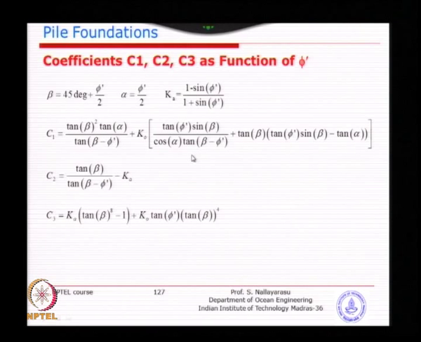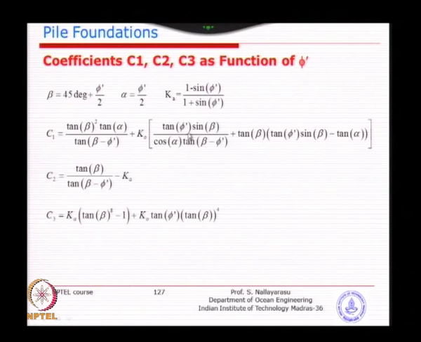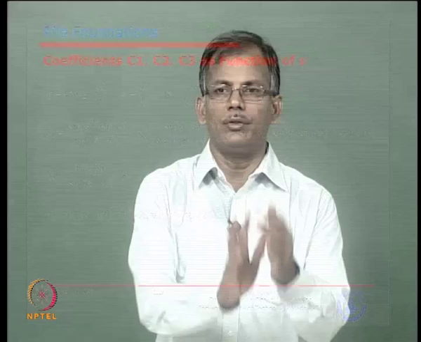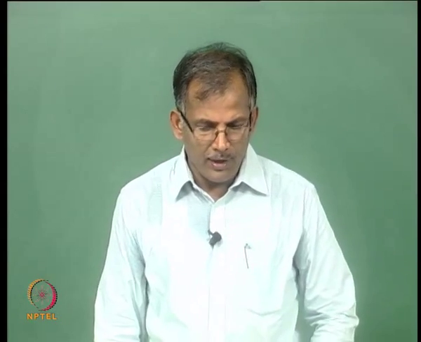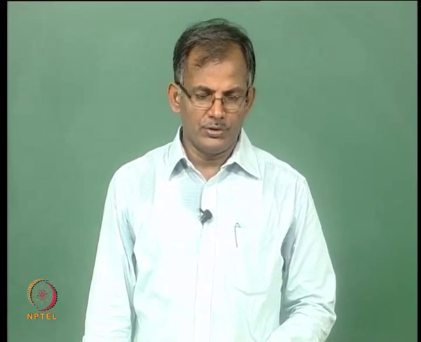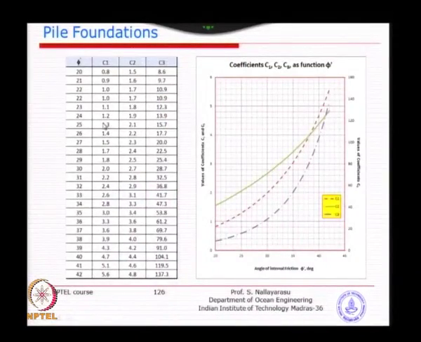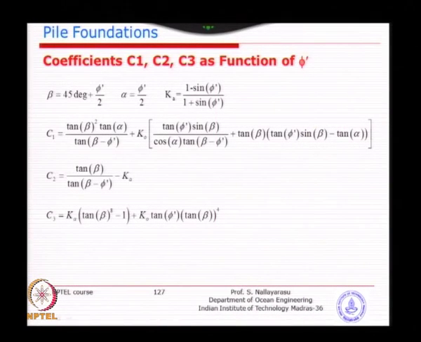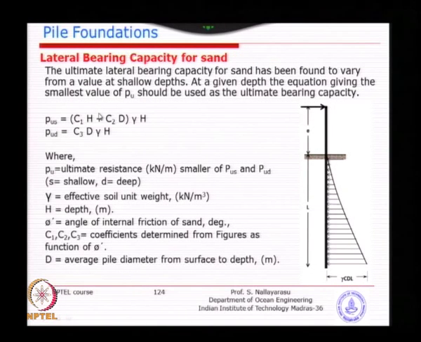They have given the formulas of C1, C2, C3 which are quite complicated, but all of them are expressed in terms of the angle of internal friction and the pressure coefficients. Either you can use this or the graph given by API or the table that is reproduced here. If you substitute these values, the formulas for the ultimate capacity become quite lengthy and complicated. This is very similar to what we did for the bearing capacity of spread footing with Nq, N gamma and Nc, with 3 terms appearing there. It is almost a similar profile.